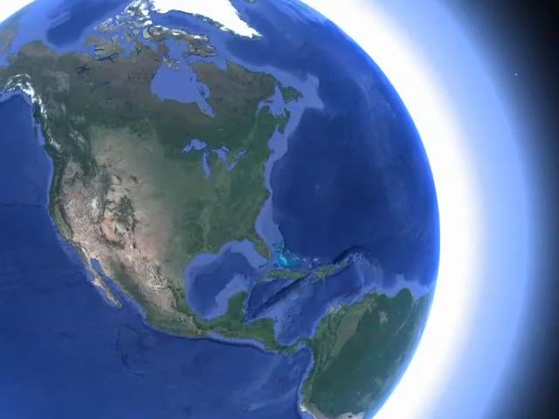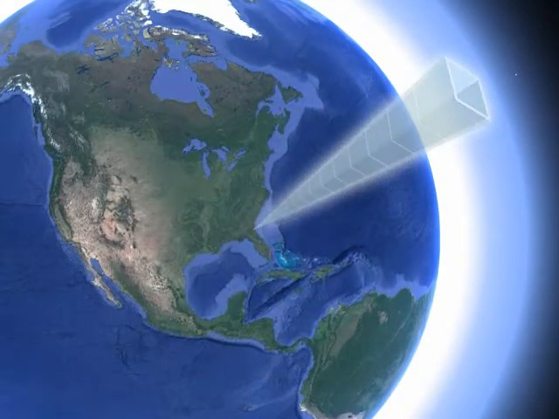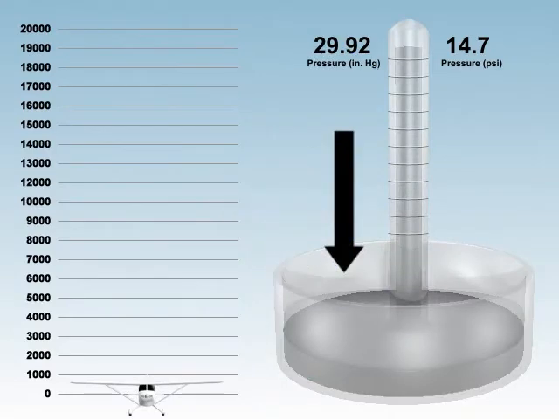As learned in science class, air has weight, and although a person might not be able to feel it, this weight of air exerts a force on the surface of the Earth. Generally, we describe this force as pressure. On a standard day, the temperature at sea level is 59 degrees Fahrenheit, and the atmosphere applies 14.7 pounds per square inch, which causes a column of mercury within a barometer to rise 29.92 inches.